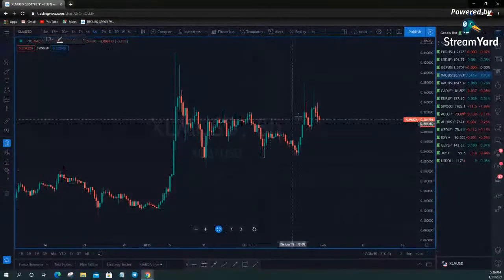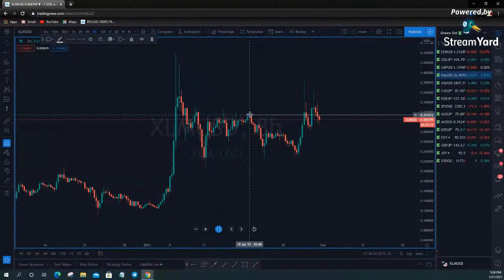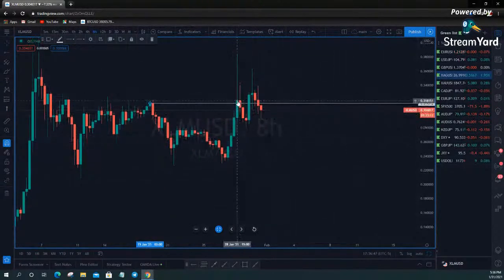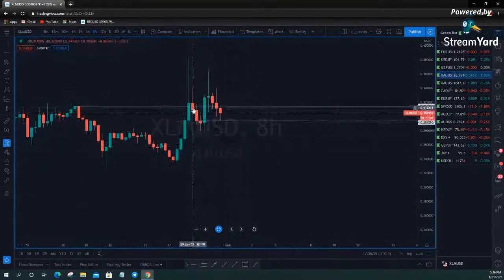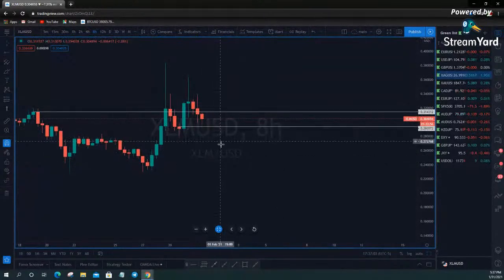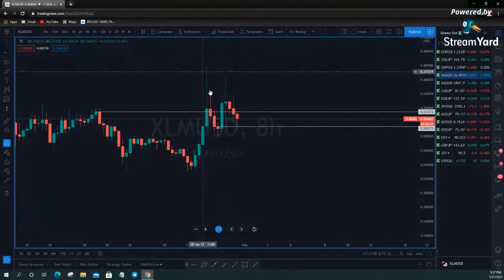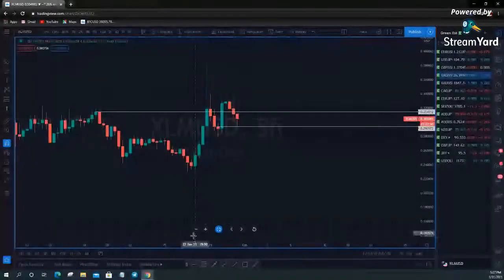All right. So basically what I see here is we did break out above this swing high on an 8-hour basis. You got it here, and then you traded back down. You found support, and then you made essentially a lower high, and you're coming back down to find support again. Currently, it looks like it is testing this last bearish candle's close or opening price at 29,3572.